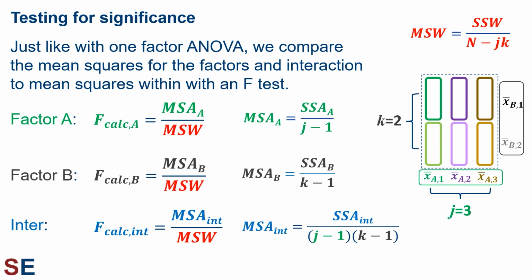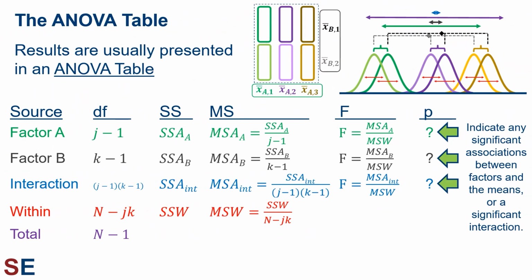With these three f values, we can do 3 f-tests to determine the significance of each factor individually and for the interaction between them. Just like with the one-factor ANOVA, the results are usually presented in an ANOVA table with columns for the calculated values and rows for the sources of variation. We fill the table up with the values we calculated and use the calculated f-values to perform f-tests to get p-values for each factor and the interaction. These p-values indicate any significant associations between factors and the means on their own, and if there's a significant interaction